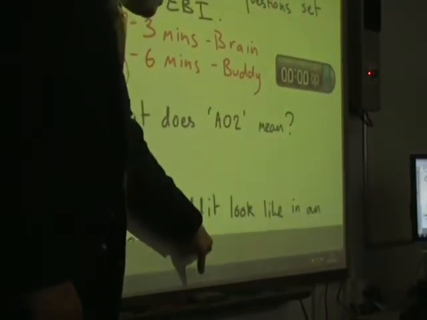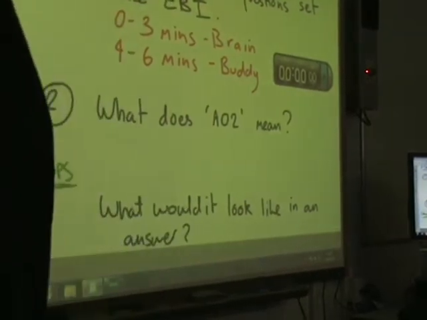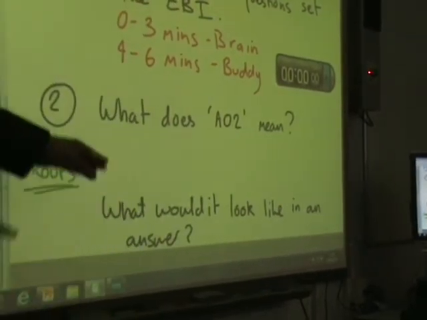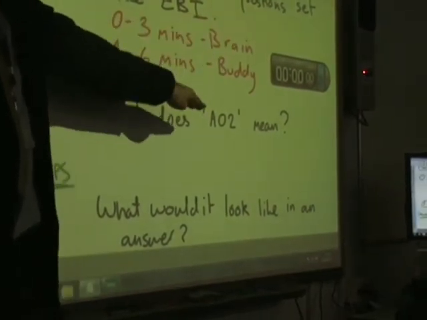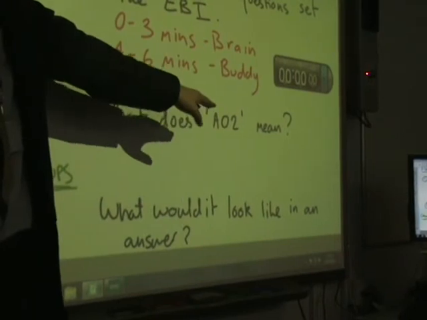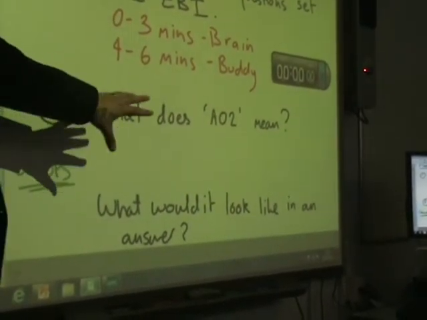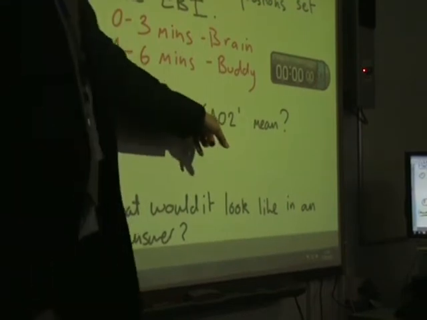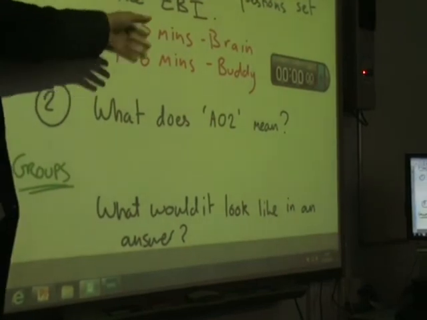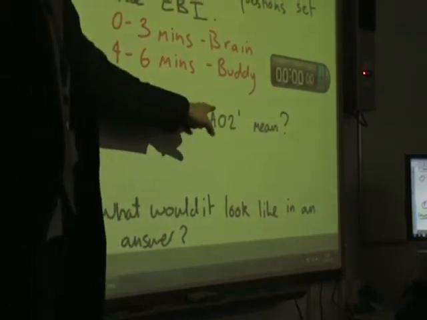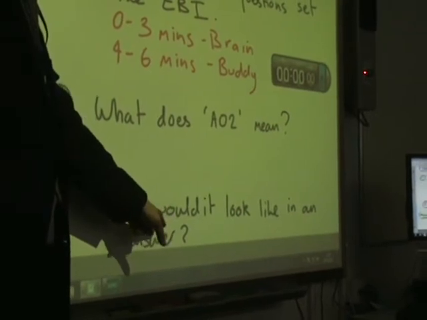Okay, now that you've finished off your questions within your EBI, what I want you to do now in groups is address this, because this was an issue really amongst everyone in the room. What does AO2 mean? Because I've used it a lot and I've not put it in anyone's book. I've not explained what it is to anyone's book because I wanted you to try and figure it out amongst you. So you'll need to look at each other's books to try and figure out where it does appear and where I have expressly said it does not appear. Once you have an understanding of what it is, I'd then like to know what it looks like in an answer, please.